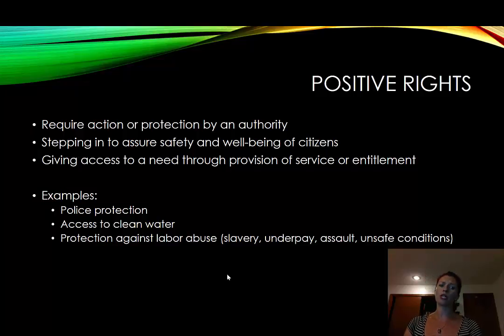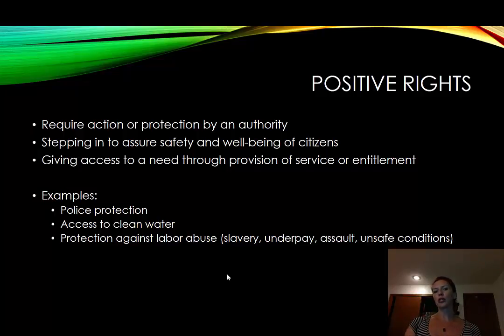You can be protected from assault by your employer or coercion of any kind to force you to do labor. You should be able to leave work at will if it's not actually slavery. The government also protects you from unsafe conditions in a labor environment. So they ensure that wherever you are employed, there aren't so many economic corners cut, there aren't so many choices made that you are endangering yourself by working in those conditions.